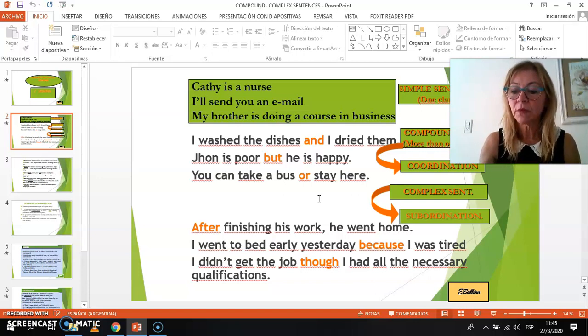So in this course we're going to study more complex structures. We're going to revise many of the ones that we have already seen, and we're going to see some more complex structures, and these are of course complex sentences where two, three or more clauses are combined in one sentence, including coordination and subordination. So that's very important, and that's very typical of the English language, especially in the written form.